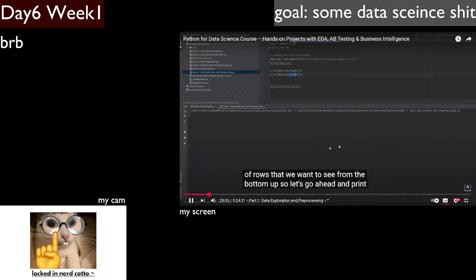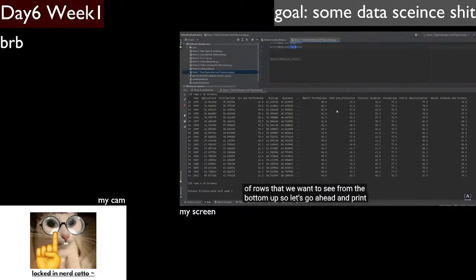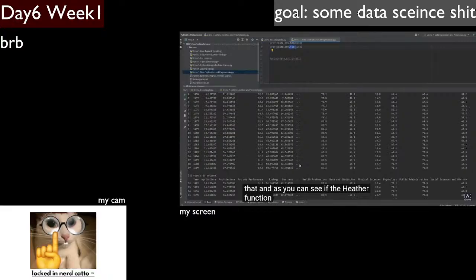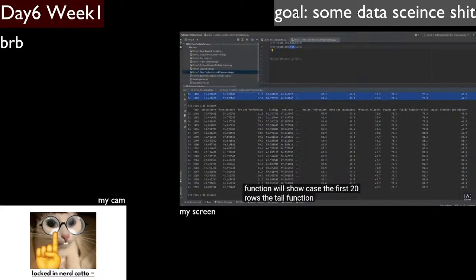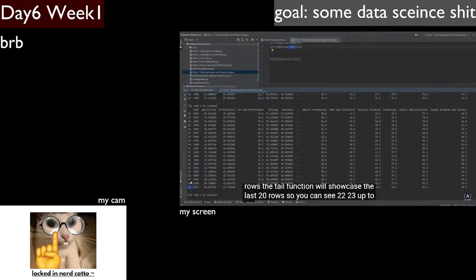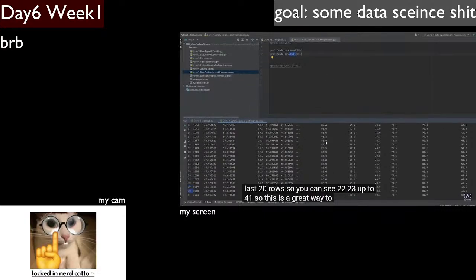So let's go ahead and print that. And as you can see, if the head function will showcase the first 20 rows, the tail function will showcase the last 20 rows. So you can see 22, 23, up to 41. So this is a great way to see